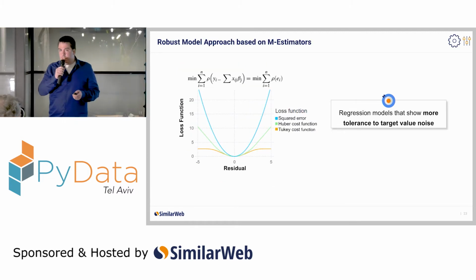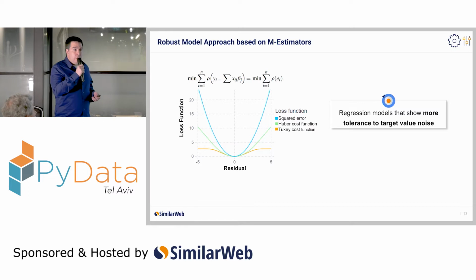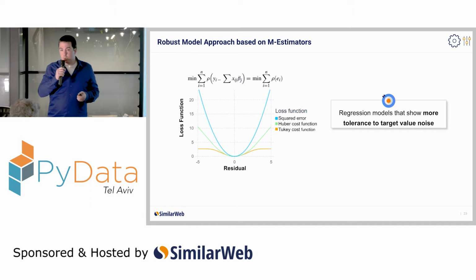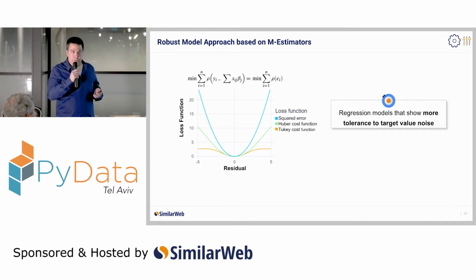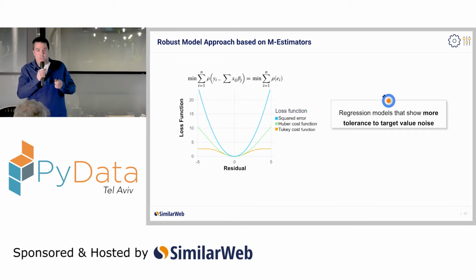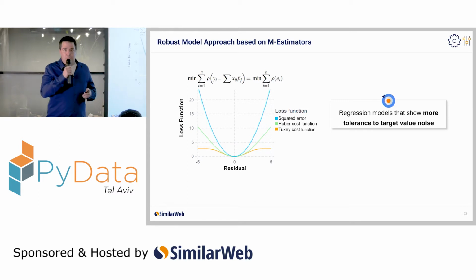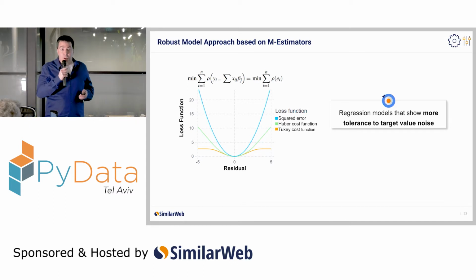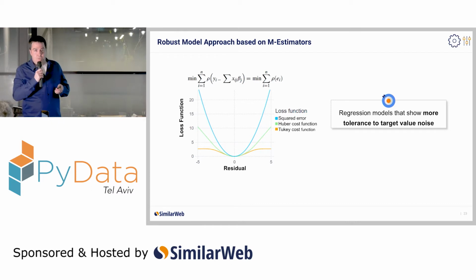The loss function is based on a robust regression method called M-estimation. M-estimators are regressors which are inherently more robust to target value noise or to high residuals, where in the context of target value noise, high residuals are quite indicative of instances contaminated by target value noise. The trick, as you might call it, which makes these robust regressors more robust to target value noise, is that they replace the squared error loss with a different loss function which practically diminishes the effect of instances with high residuals.